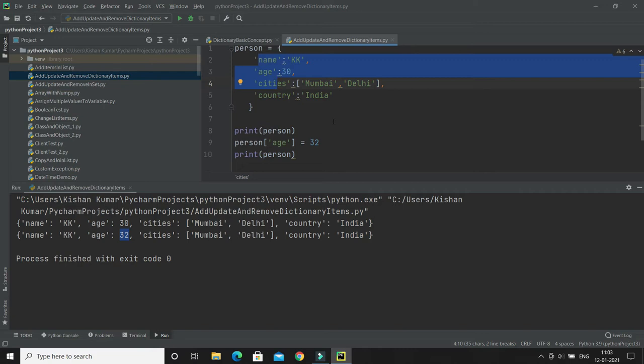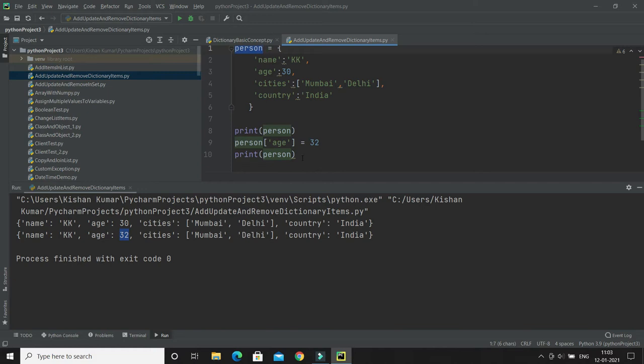So now you can also use the update method, and the update method will update the dictionary with the items from a given argument. If the item does not exist, the item will be added, right? The argument must be a dictionary or an iterable object with key value pairs. Let's see how we can update a dictionary using the update method.